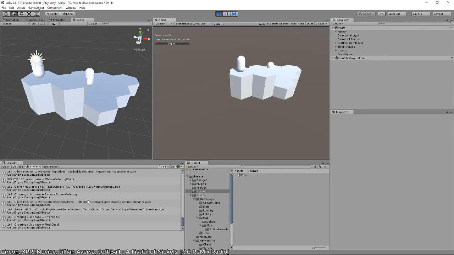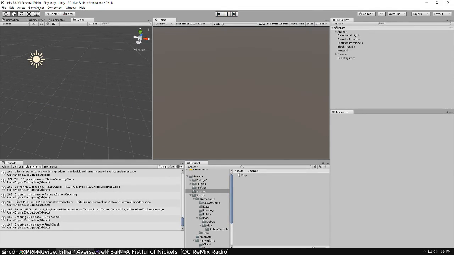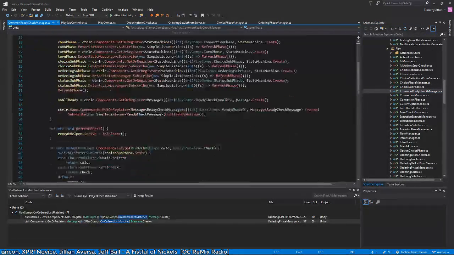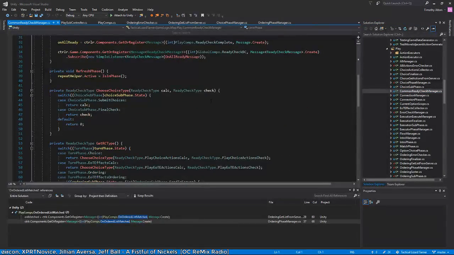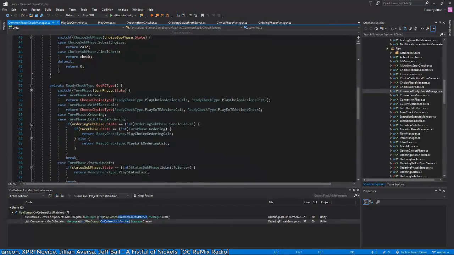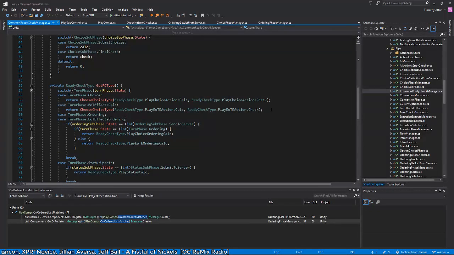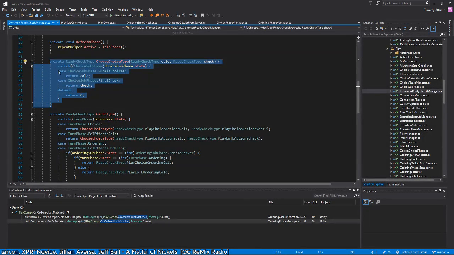So we got the final check this time, but no farther. Is that because I didn't update the ready checkers? Yeah. Okay, so I'm gonna need